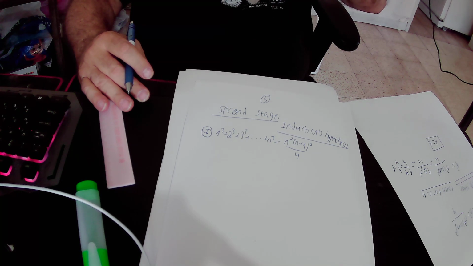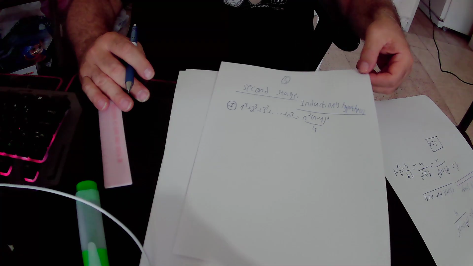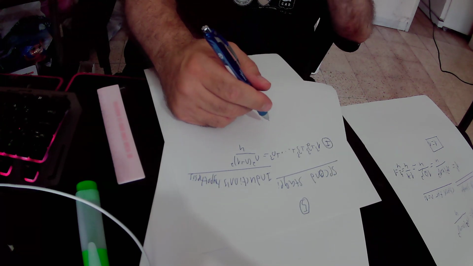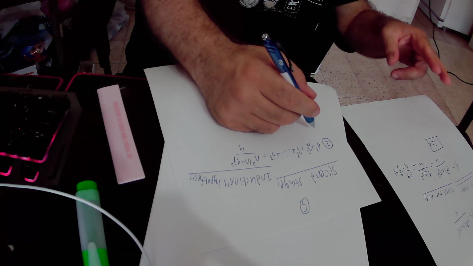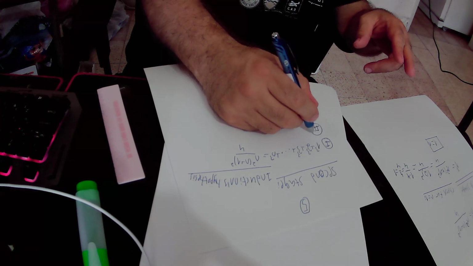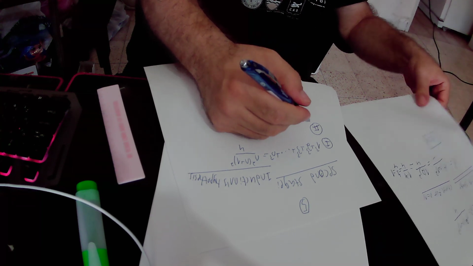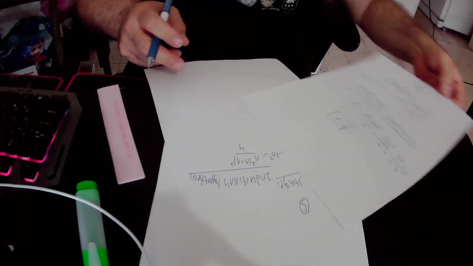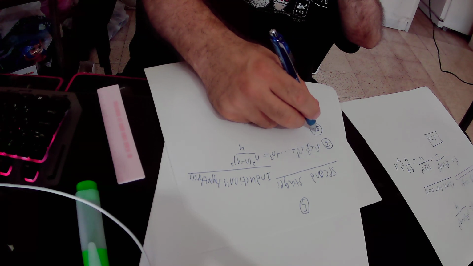We assume that equation 1 is true, and when we rely on this assumption, we will prove that the expression, or the statement, for n plus 1 is true. So we will have to prove that this statement for n plus 1 is also true. So the statement for n plus 1 will be